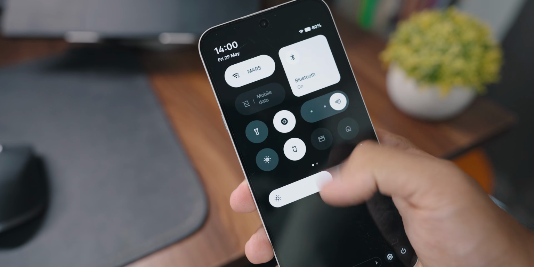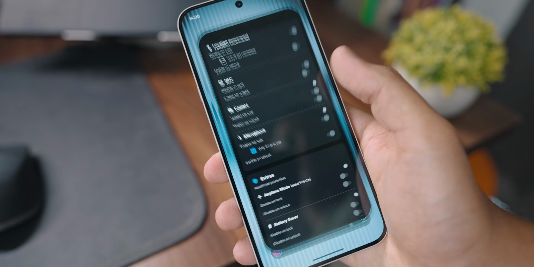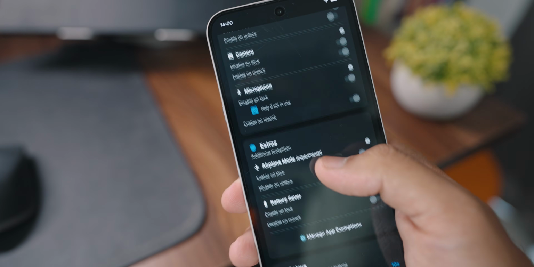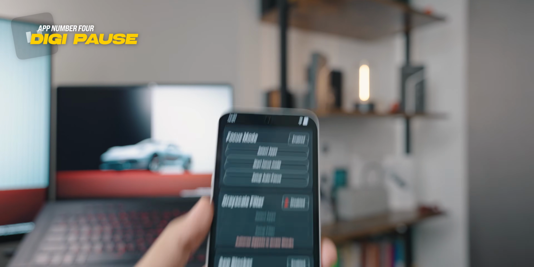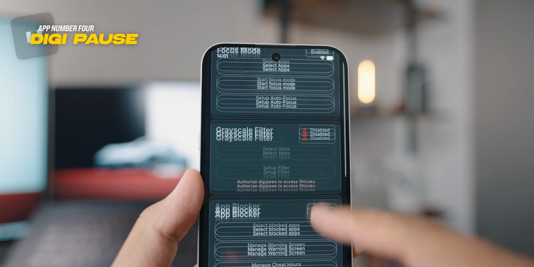Can be super useful, especially if you keep your phone on your desk most of the time and you don't really need all these connections to be on, so that A, you can stay more secure, and B, you can also save some battery life. Super cool app, does what it says, and all you need to do is install it and get going right away. Next up, for all you people that are literally addicted to your phone and doom scrolling, this application is